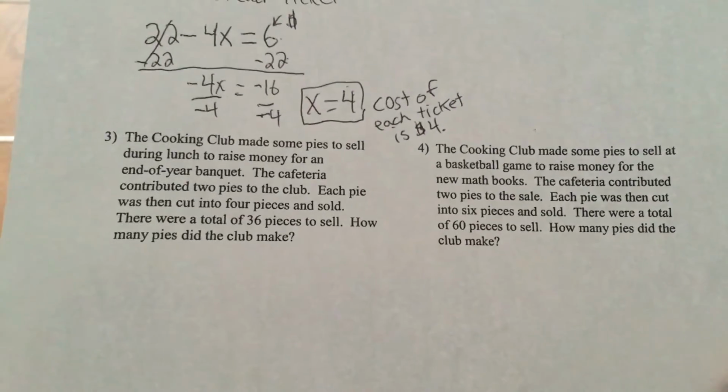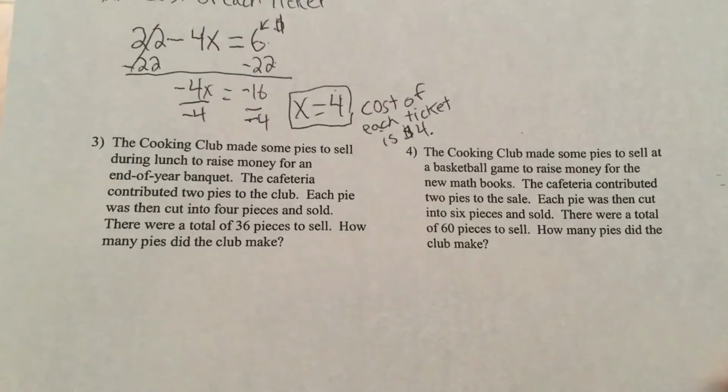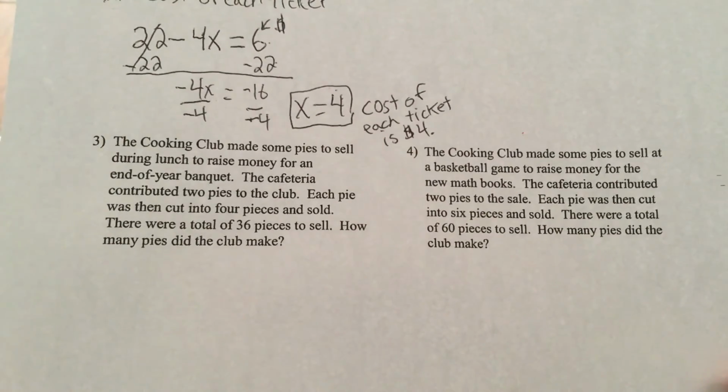Continuing on, the cafeteria contributed 2 pies to the club. Each pie was then cut into 4 pieces and sold. There were a total of 36 pieces